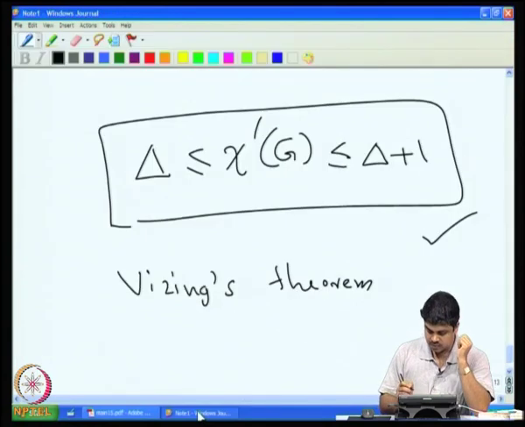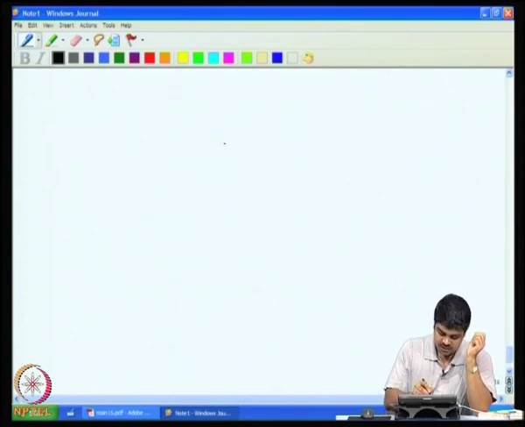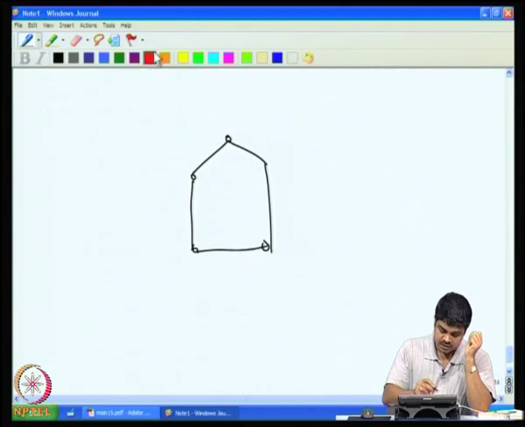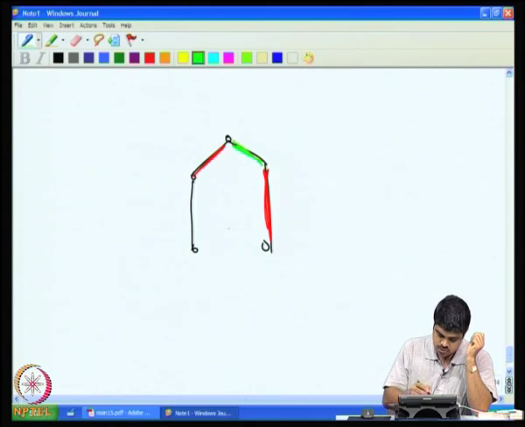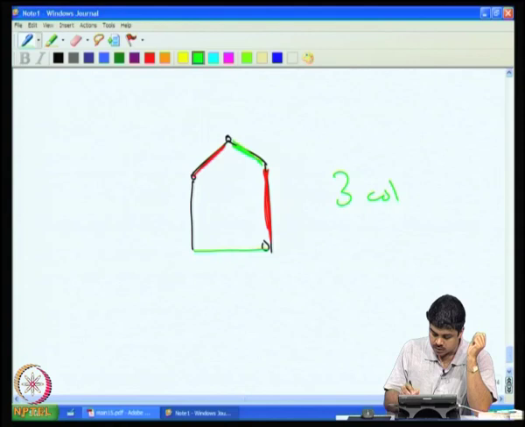But in general some graphs may require delta plus 1. Can you see some examples? For instance, some simple cases when we consider the odd cycles, for instance our pentagon, right? It requires 3 colors, isn't it? 1, 2. So if I start coloring like this, here I will need a new color, right? 1, 2, 3 will be required, 3 colors,